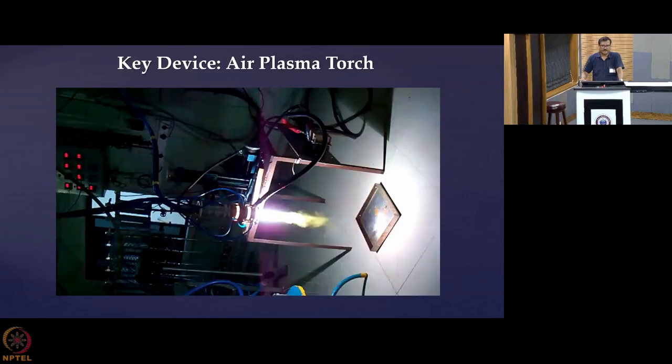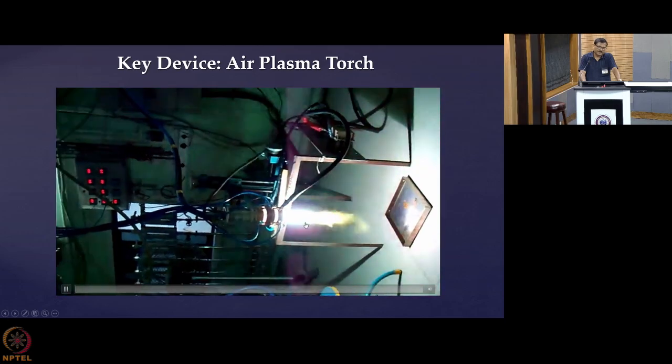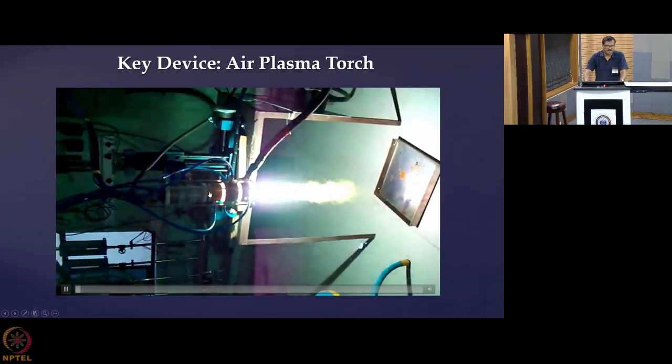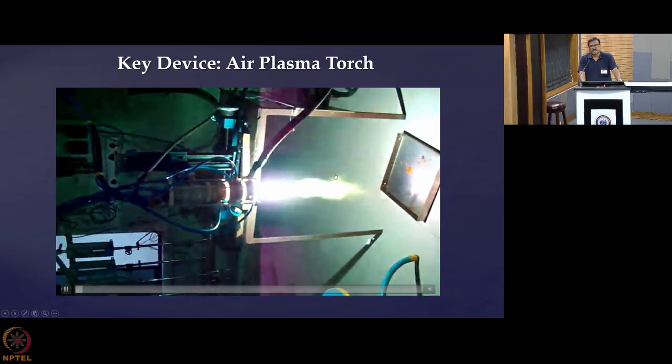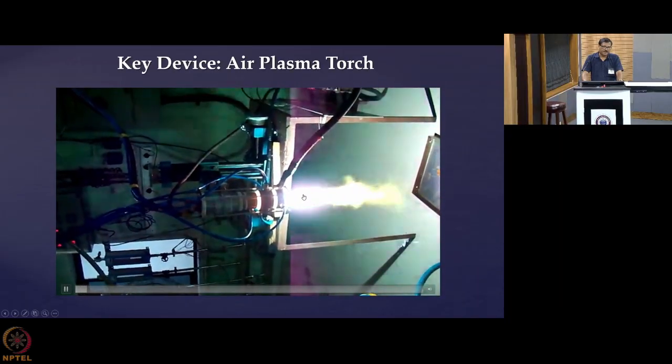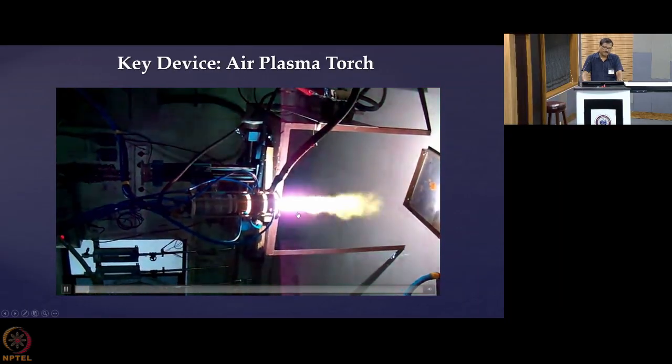How can it help? This plasma is a very high temperature object. When you are talking about thermal plasma, this is the kind of plasma jet that comes out from the plasma torch. This is the plasma torch that we have discussed in our class. The jet that is coming out may have a temperature beyond 8000 degrees Kelvin in this zone.